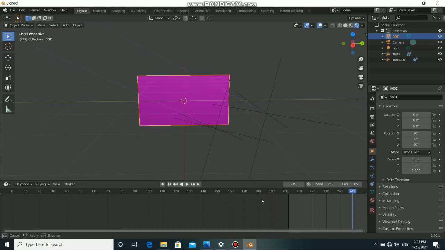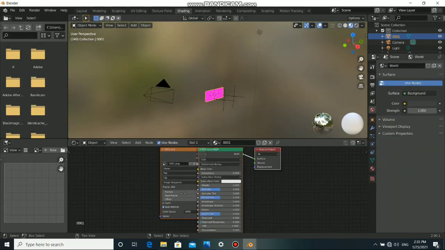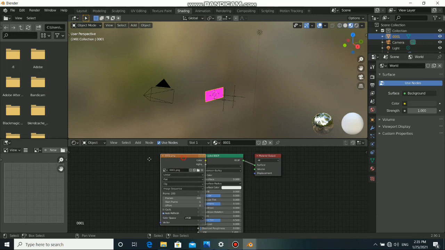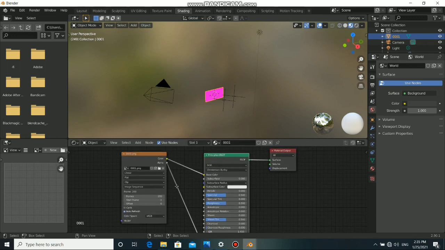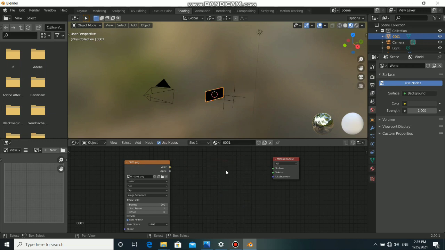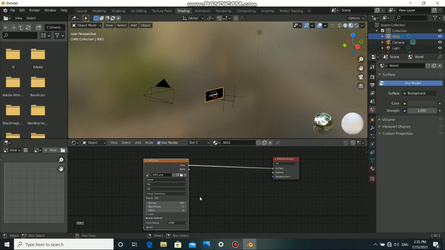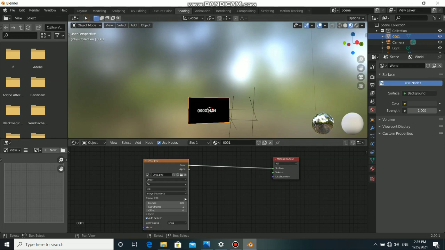we are not seeing anything right now because we need to go back to shading. Just come to shading. Alright, in this shading we have a setup of shaders for us, which is a principled shader, and we don't need this principled shader, so I will delete this. Alright, I will just drag this back to the surface input. Now we have something here, as you can see. Okay, now click on recycle